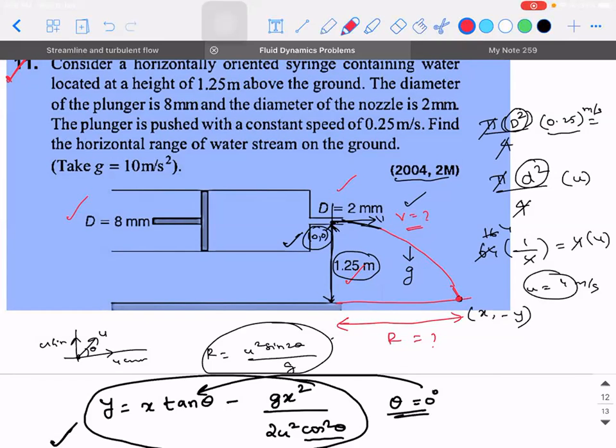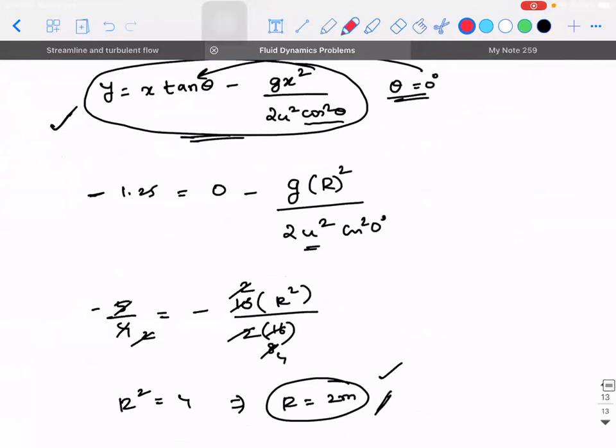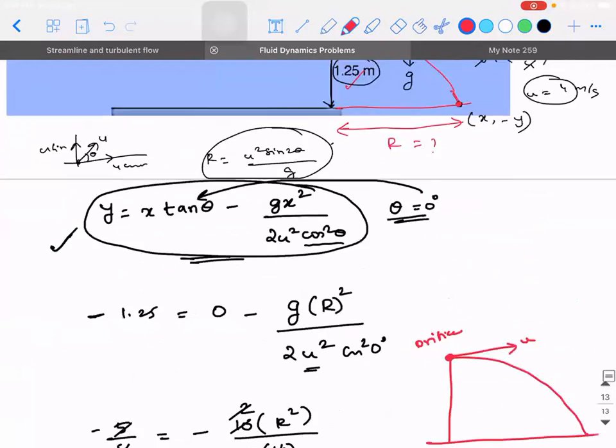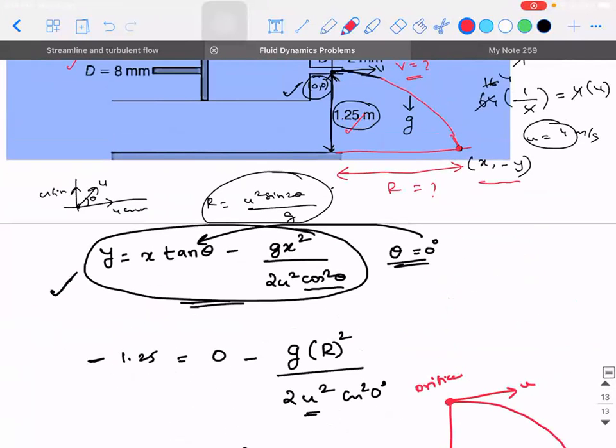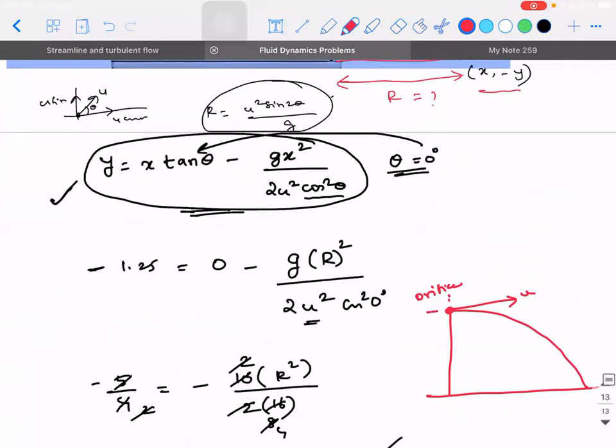So for example, let me clear your doubt. Suppose I'm solving the same problem like this. This is the opening, the orifice from which the liquid is coming out. In this case, I took the point from where the liquid is coming out, that is the orifice, as the origin. That point is clear, right? Why did I get minus y? Because if I take that as the origin, then I imagine 4 quadrants, and the point is in the 4th quadrant. That is why I used minus 1.25. I hope that is clear.